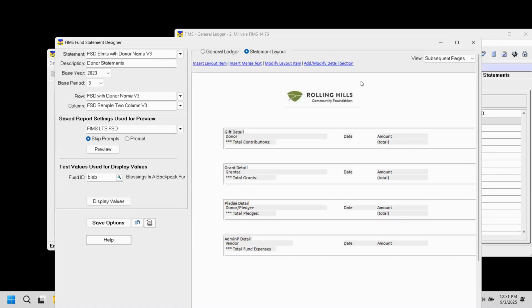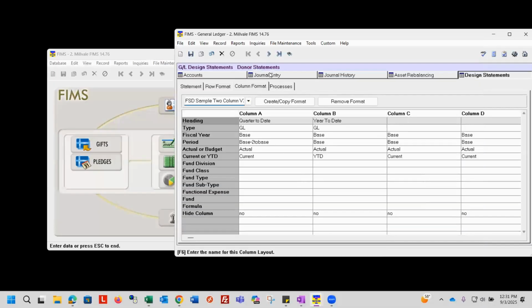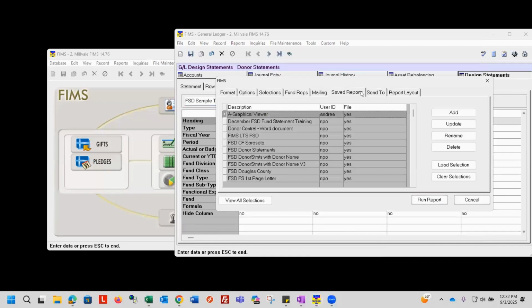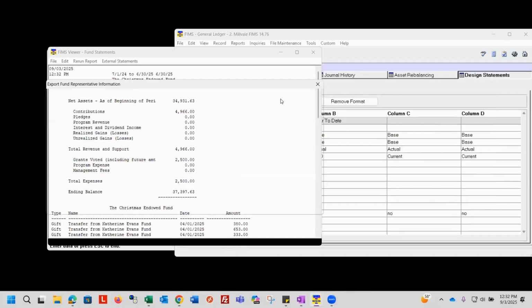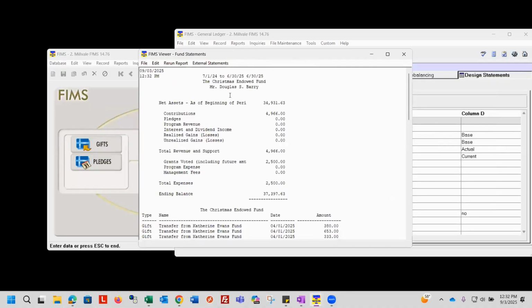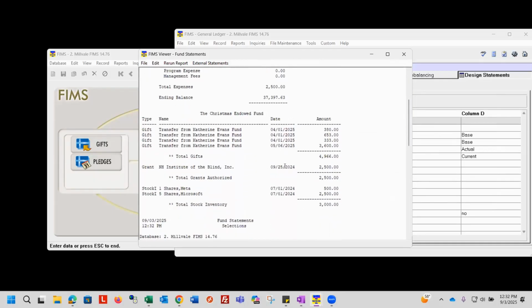The next thing I actually want to show you is, I'm going to close this, the fund statement that is fiscal year, even though my database is a calendar year. So I'm going to run this. So again, what I'm seeing here is my fund statements. This is kind of my preview of the information that's going to show up, just so I can make sure it's going to be correct before I